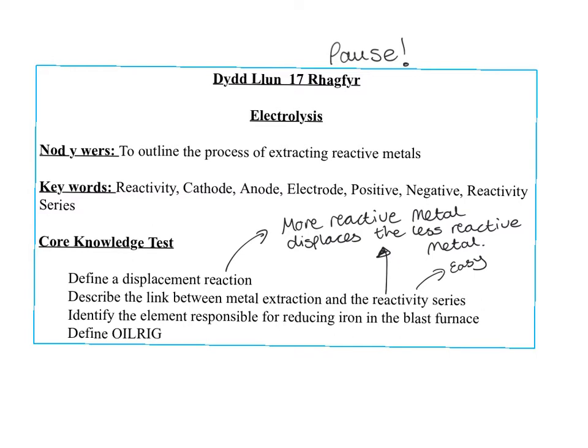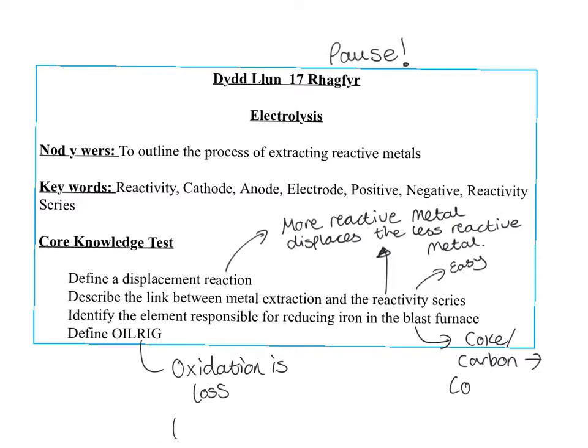Okay, identify the element responsible for the reducing of iron in the blast furnace. So it's the coke, the source of carbon, but it's actually the carbon monoxide that does it. Okay, define OIL RIG. Oxidation is loss, reduction is gain. Okay, so like the title suggests in the learning objective, we're going to outline the process of extracting